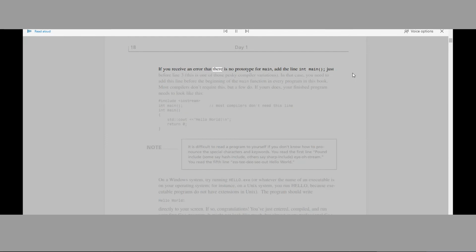If you receive an error that there is no prototype for main, add the line int main() just before line 3. This is one of those pesky compiler variations. In that case, you need to add this line before the beginning of the main function in every program in this book. Most compilers don't require this, but a few do. If yours does, your finished program needs to look like this: #include <iostream> int main(); // most compilers don't need this line int main() { std::cout << "Hello World\n"; return 0; }